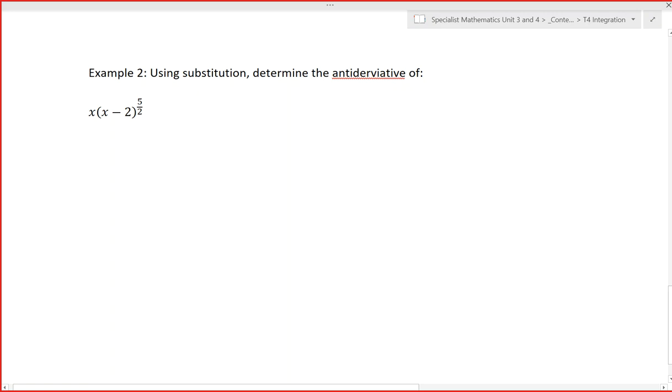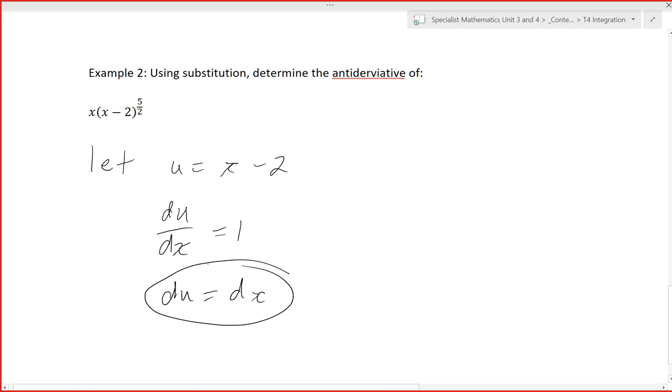All right, so let's have a look. I'll do the same steps as last time. Let u equal the stuff inside the brackets. u, dx, so same step. du equals dx. Okay, but if we substitute this and this in,